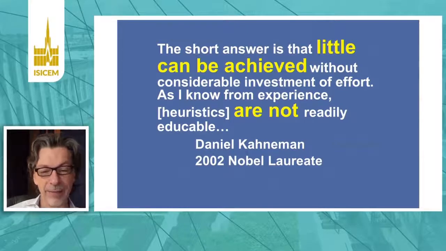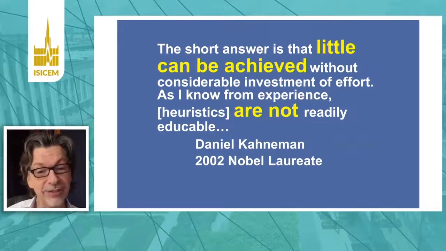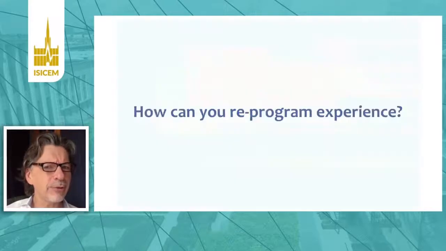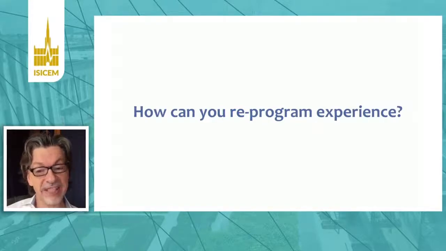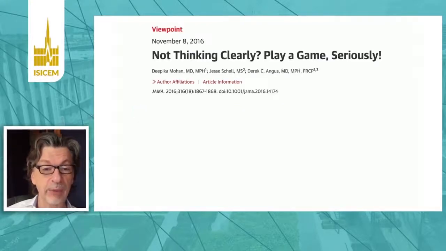Daniel Kahneman, the Nobel Prize laureate, said recently that it's actually very hard to change heuristics. He had studied them his whole life. He would love to change heuristics. He admits it's hard to change even his own. So how do you change heuristics? Well, you basically have to change your background experience. You have to be reset in a sort of an accelerated way so that your biases get reset such that they're more likely to trigger the way we want.